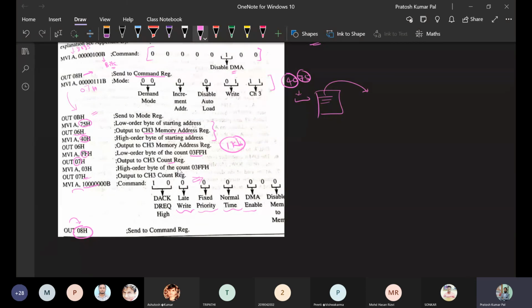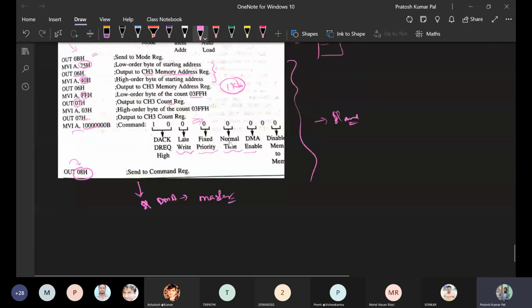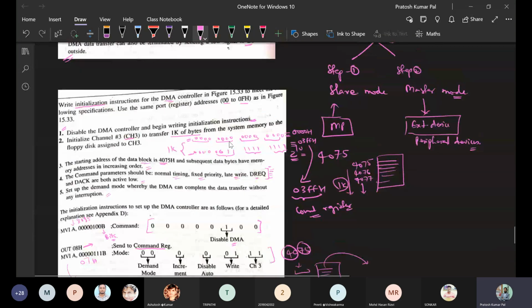Whatever time we spend performing the initialization is considered slave mode. Here the DMA is working in slave mode. Once the command has been sent to enable the DMA, whatever operations are performed after that are considered as the DMA working in master mode. Now the DMA is working in master mode. So this is how the DMA basically works. Up to here, the DMA part we have completed.